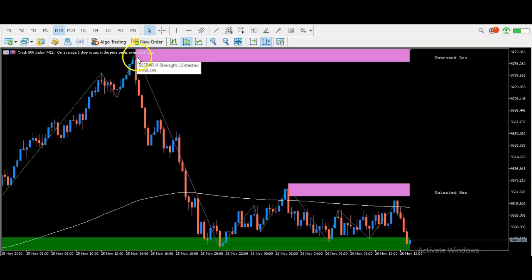All right, so after this rejection of this zone leading to a bearish engulfing, you could have entered this trade right here. And of course, remember your zones are supposed to be marked already. So if you're using